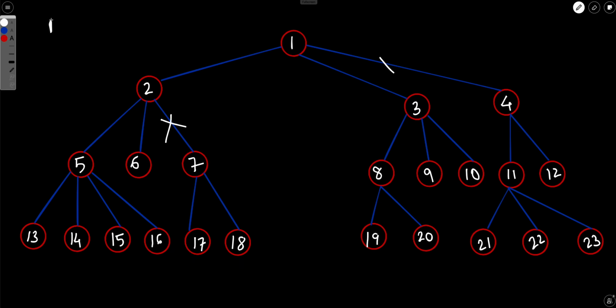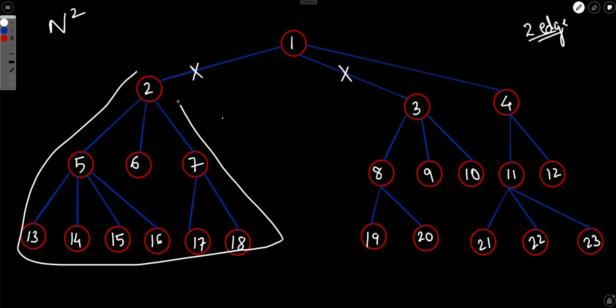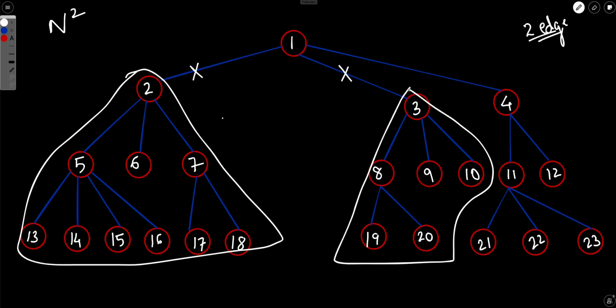So first of all, let's say we remove these two edges. Okay, so we have to remove two edges from our entire graph, from our entire tree, right? So what are the possible scenarios wherein you can remove these two edges? First of all, let's say you remove two edges which are in different subtrees. So you remove these two edges and you will get a component like this, and you will get a component like this. Okay, so